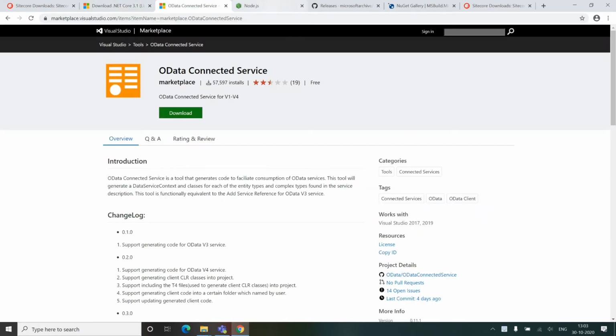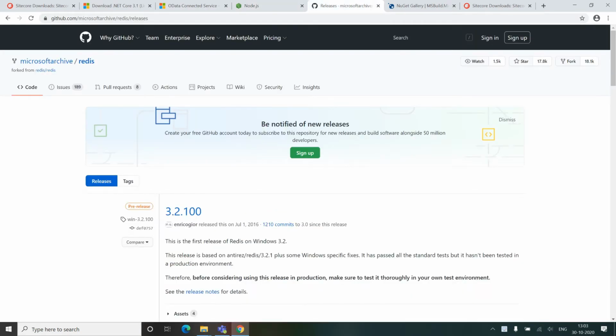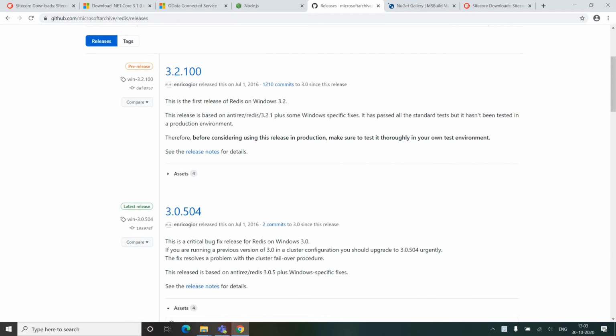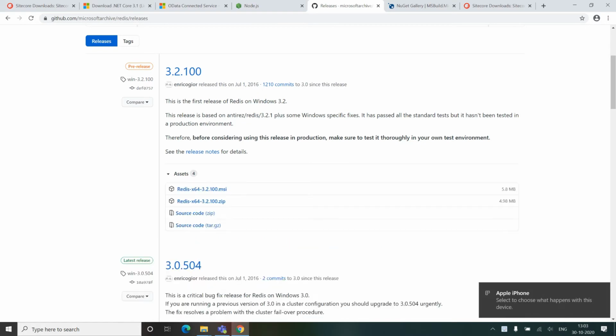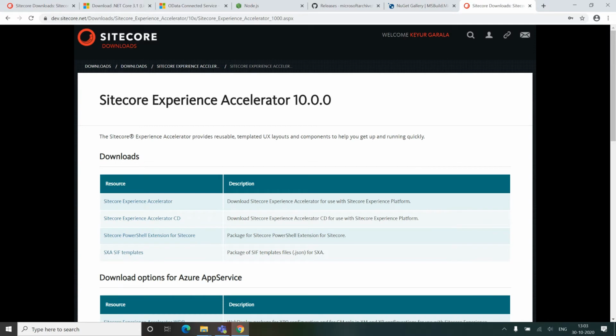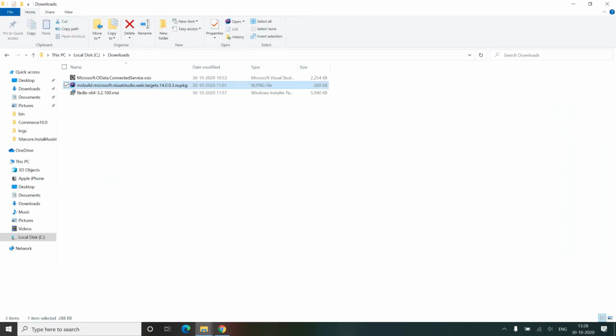We also require the OData connection service for Visual Studio, Node.js, and Redis Cache 3.0 and above. I am going to install Redis Cache 3.2.1, and also MS Build Microsoft Visual Studio Web Targets and SXA 10.0.0. Now I have downloaded all the things in my local environment and put them into one folder.